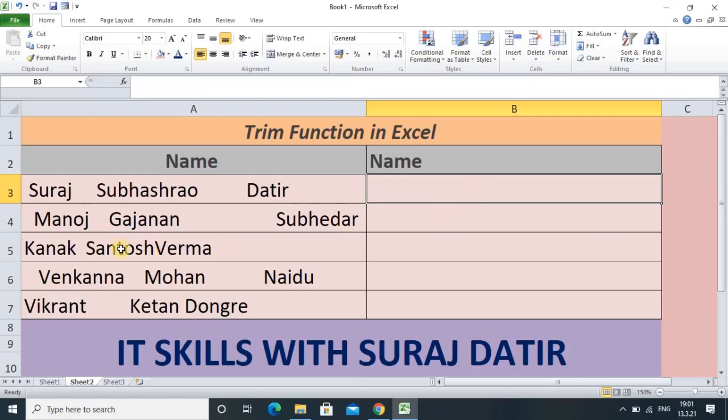So here you see in this sheet we have the basic information. I have the information in the form of text. It can be an employee record, student information or whatever it is. Look at this record carefully: some names are there but with unwanted spaces. After this name, four to five spaces are there, and here also spaces are there, so it is